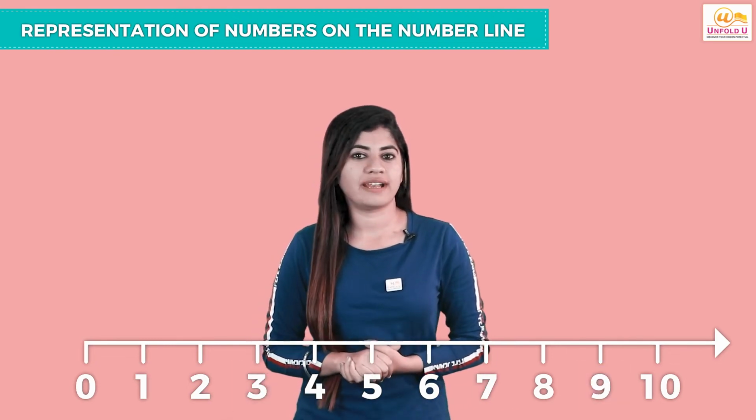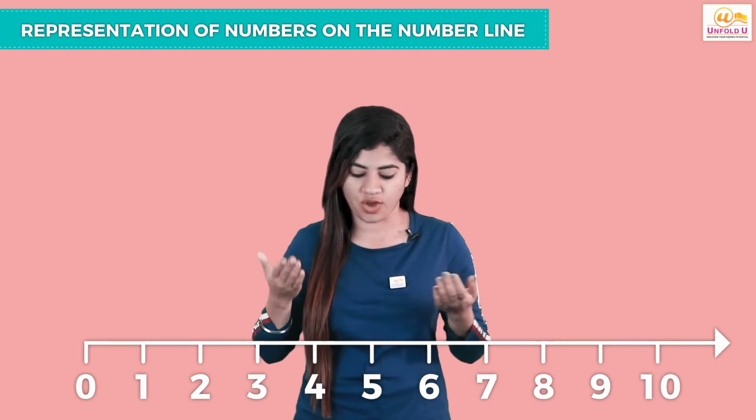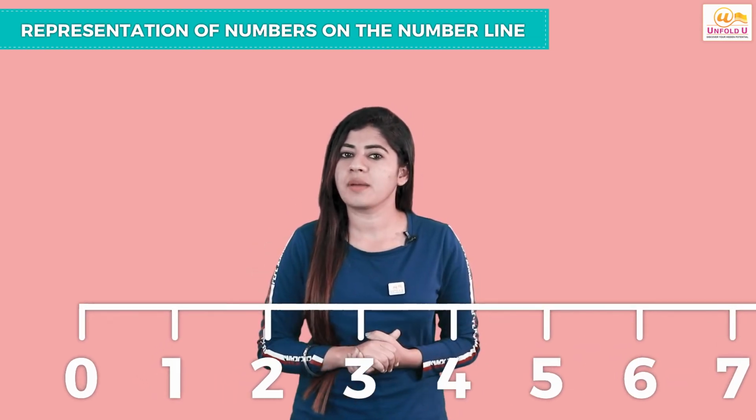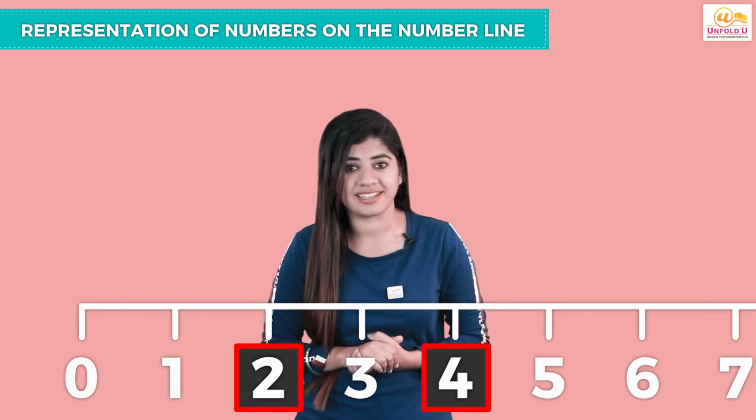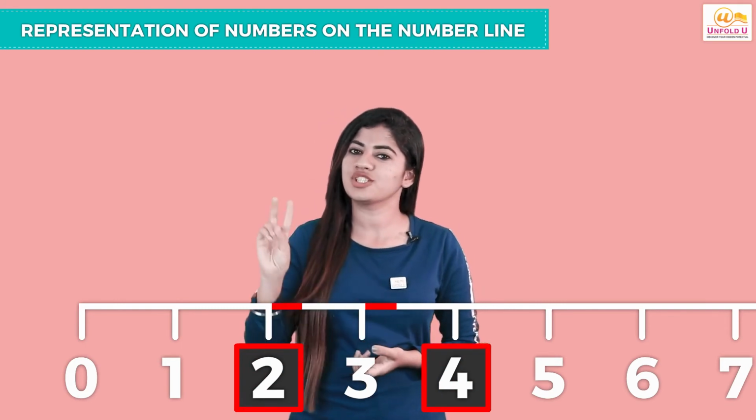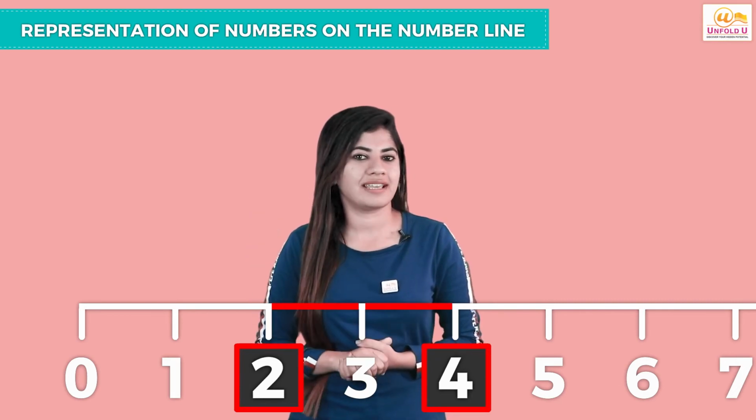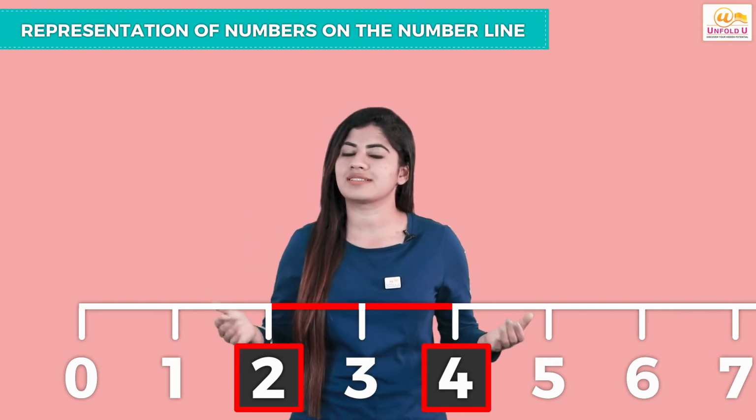We can also find the distance between two numbers on the number line. Like अगर हमें 2 and 4 के बीच का डिस्टेंस निकालना है तो हम ये देखकर बता सकते हैं कि 2 and 4 के बीच में 2 ही यूनिट्स का डिफरेंस है। ऐसे ही आप किसी भी दो नंबर्स के बीच का डिस्टेंस निकाल सकते हैं।